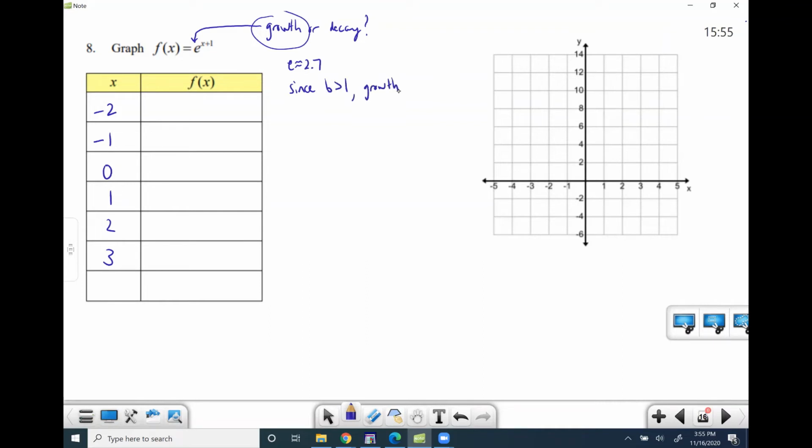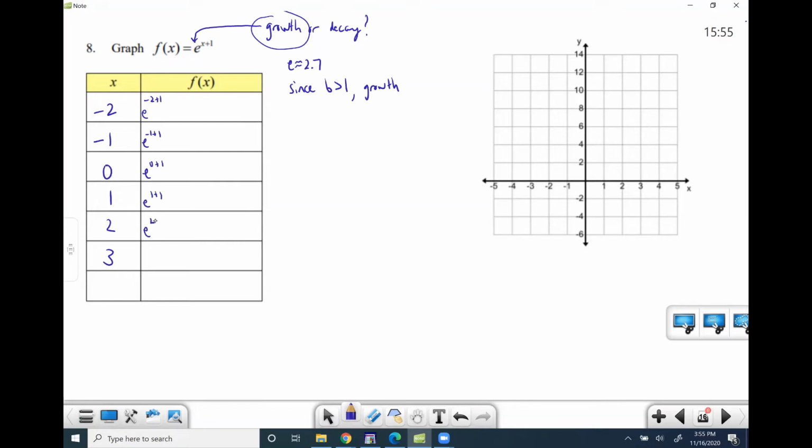Any number greater than 1, when you square it, it grows. So if you took 2.7 and squared it, it would get bigger. All right, so I'll just do it in here. It looks like I have enough room. So we're going to plug in -2, -1, 0,